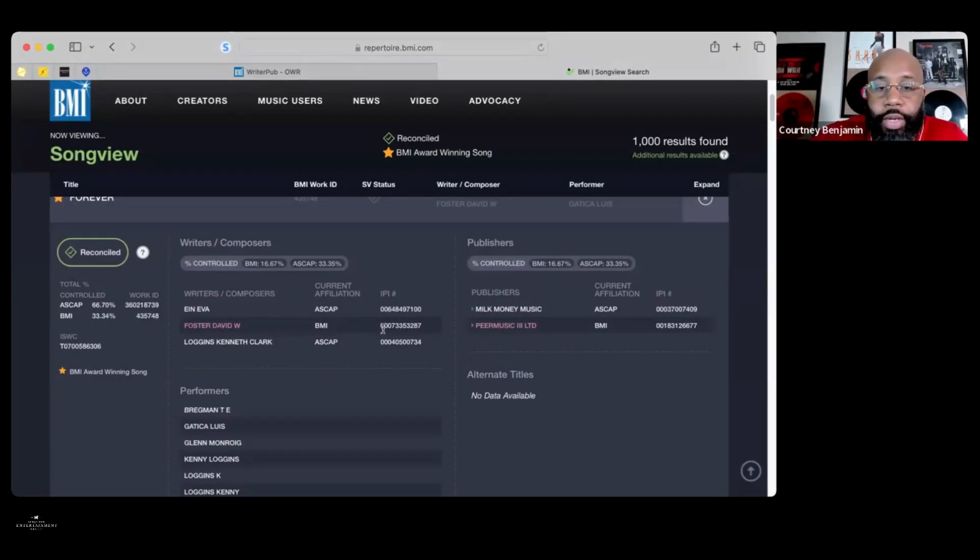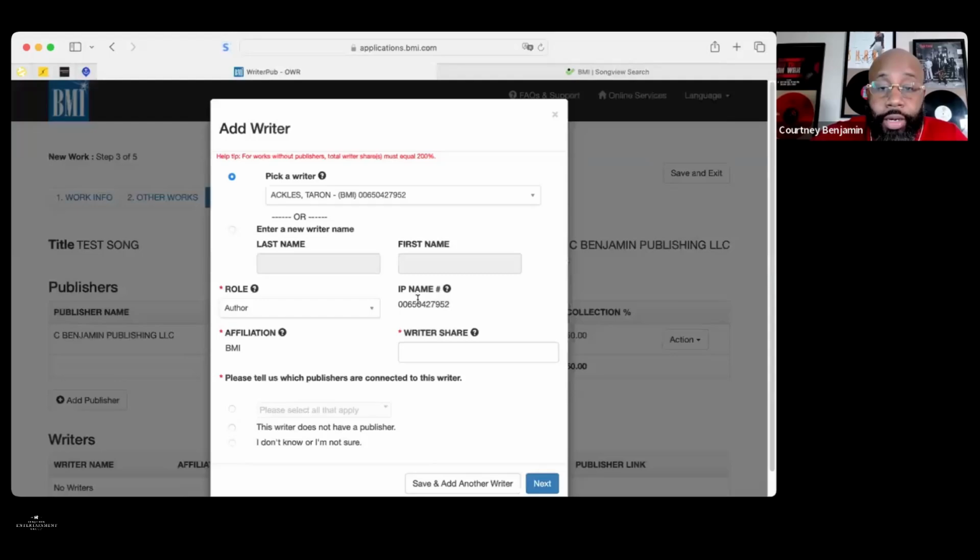was one of my writers, right? And I needed to find his IPI number. This is where you find the IPI number. So you make sure that you get the right IPI number in here so the right writer gets paid, because a lot of people have the same names. So you want to make sure that the right person is put on their account, because what happened too is if it's the wrong